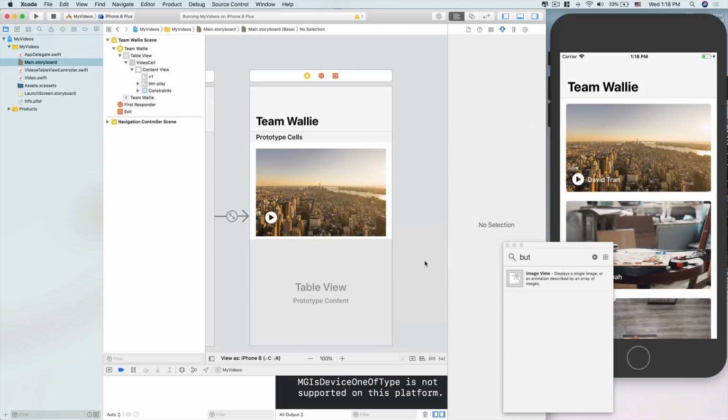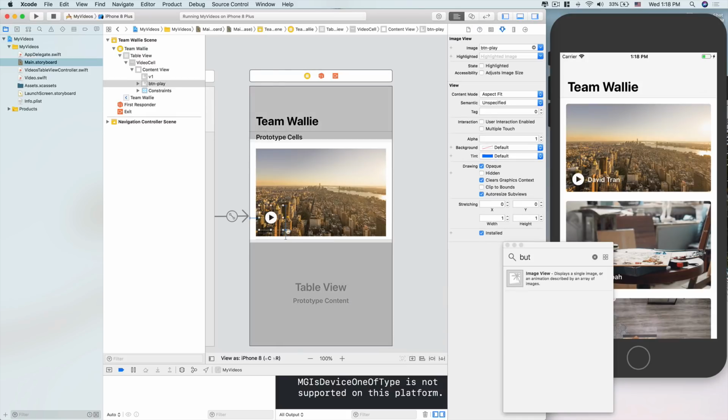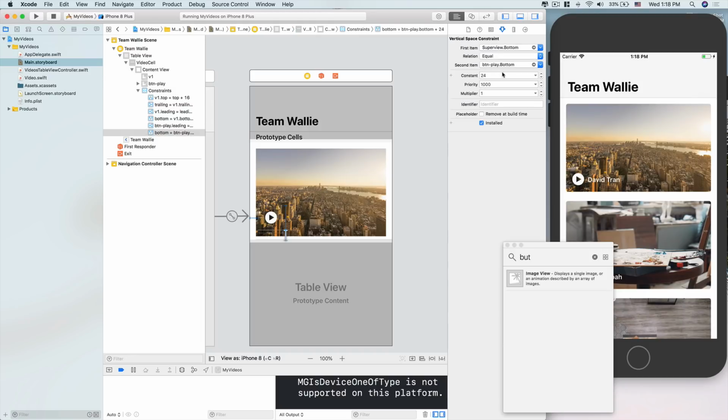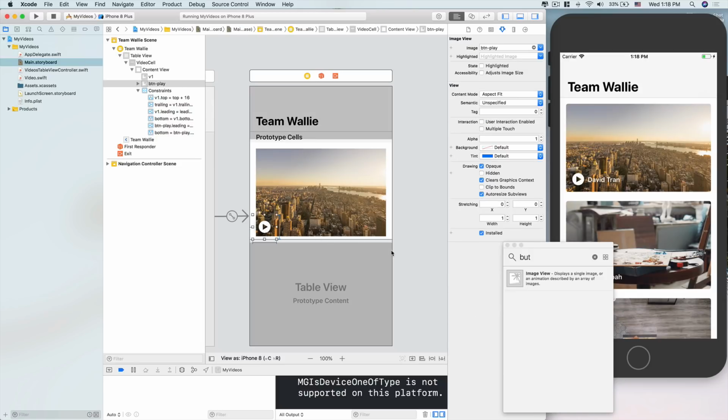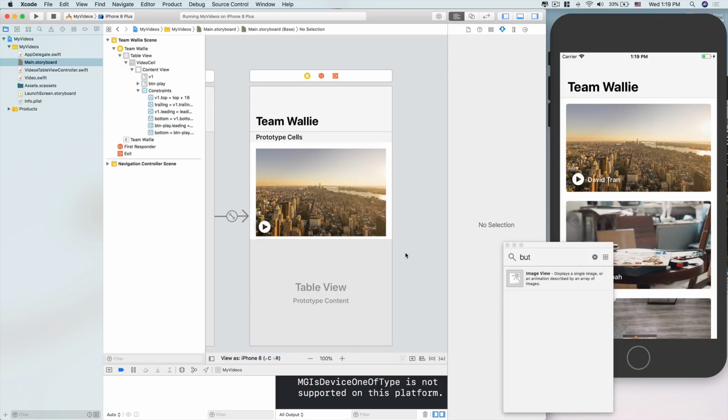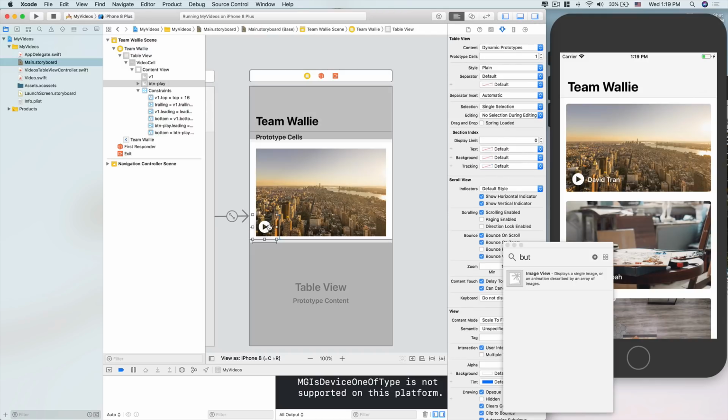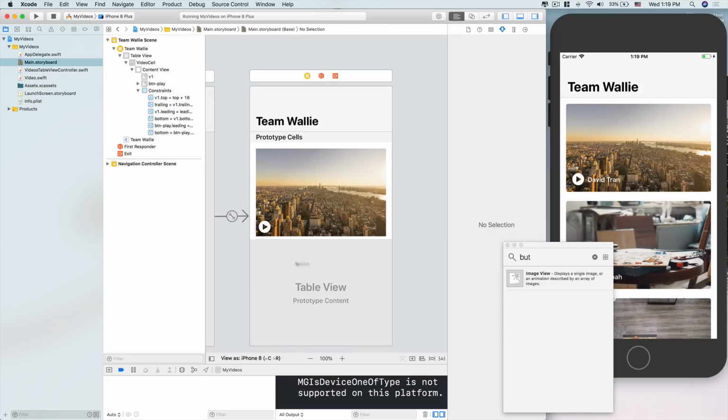Add the constraint. Oops, this is too big. Okay, so if this is too big like this, what you can do actually is select this constraint, and over here you can put it down like this until it looks nice. Okay, so let me say constraint is 0. All right, how about this guy? You can do the same for here. Of course, now this is not the best way to do this because if you already have the design, then I don't do this, but I just want to show you